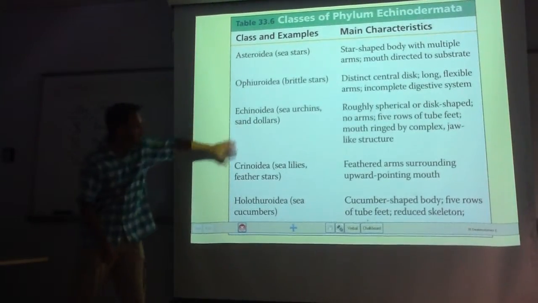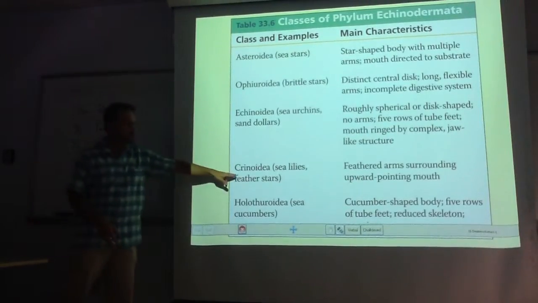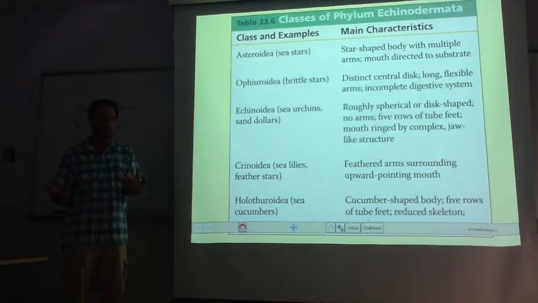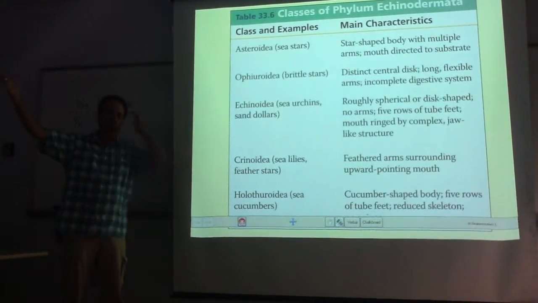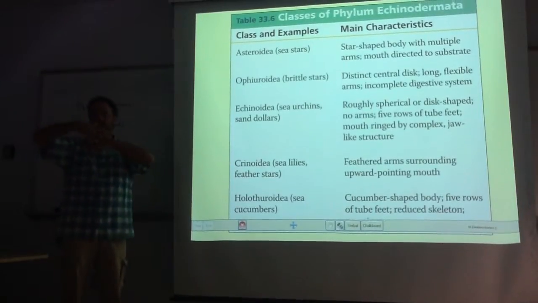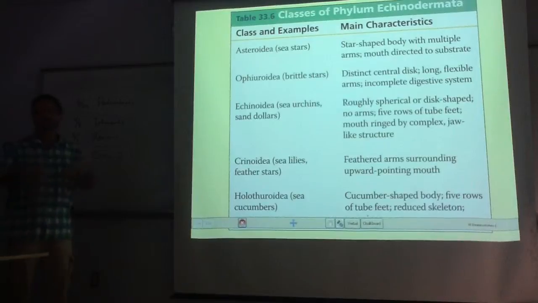So that's Echinoidea. Crinoidea would be things like sea lilies and feather stars. And this group, if you're interested in fossils, you might know. I mentioned briefly ammonites, which is a group of cephalopods that left a very good fossil record. Trilobites is a group of arthropods that left a really good fossil record. And the crinoids within echinoderms left a spectacular fossil record. There just are tons of these.